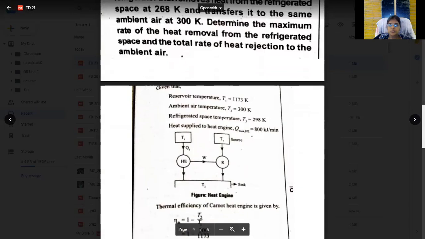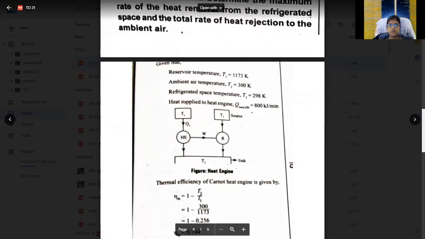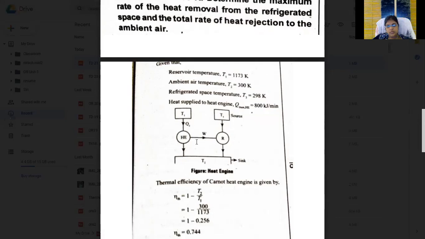First of all, we want to run the refrigerator. Definitely, we first have to run the heat engine. When we run the heat engine, it gives the work done, and this work done we will give to the refrigerator. So here T1, the heat engine takes heat from higher temperature to lower temperature, and the refrigerator from lower temperature to higher temperature. This arrow is wrong. Actually, this arrow is upward only.